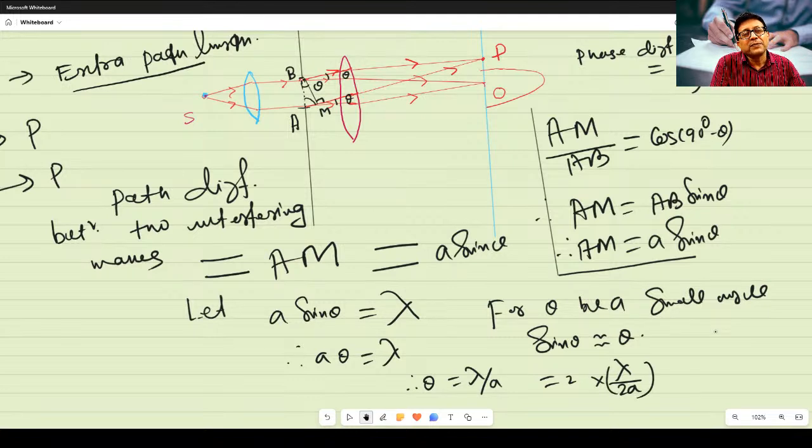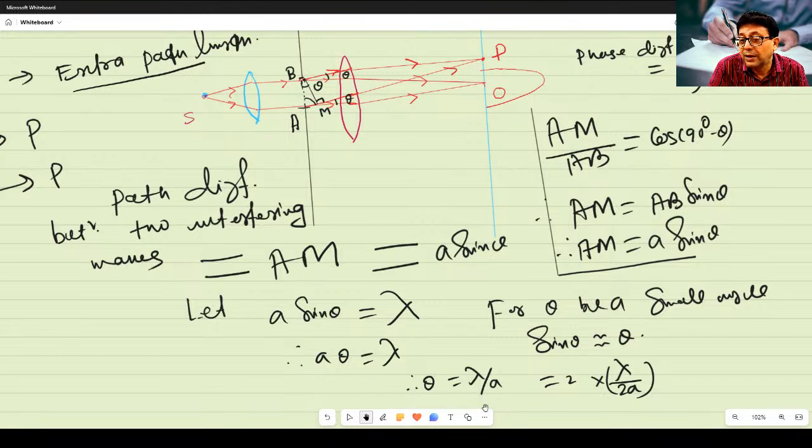Why am I writing it in this manner? Because I will assume that the slit here is going to be divided into two parts. Light from any two corresponding points of the two parts will be meeting at the point P to cancel the effect of each other, and we get a minima over there. So you have to understand this. This is the main understanding part of diffraction: how minima will be formed. I have assumed that let a sin theta equal lambda, and I am going to explain the formation of minima.